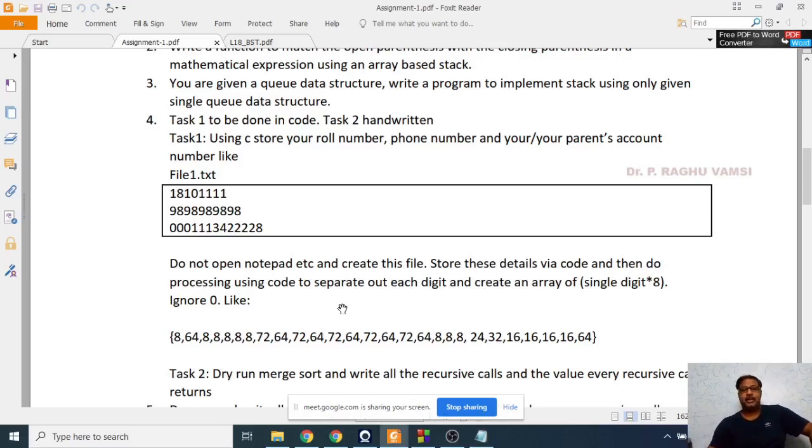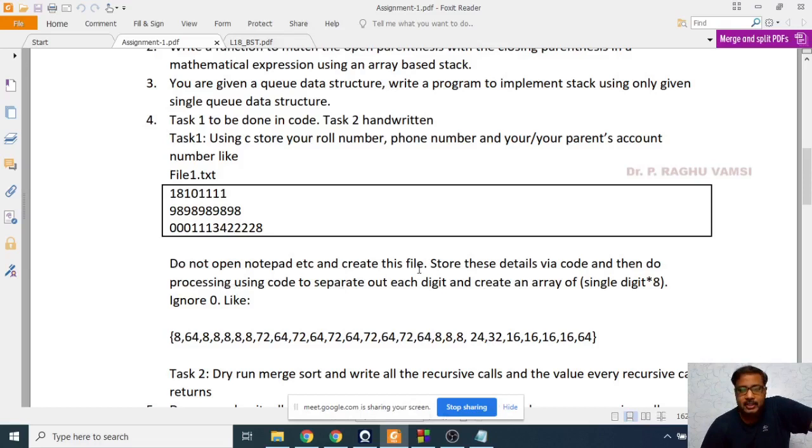It may be a C program or C++. If you know C++, you may use streams like fstream. If it is Java, you may use FileReader or FileWriter. If it is Python, simple file handling you may use. Do not open Notepad.